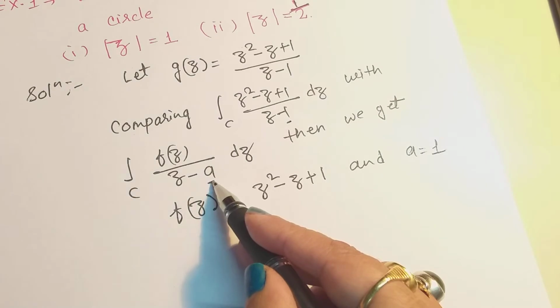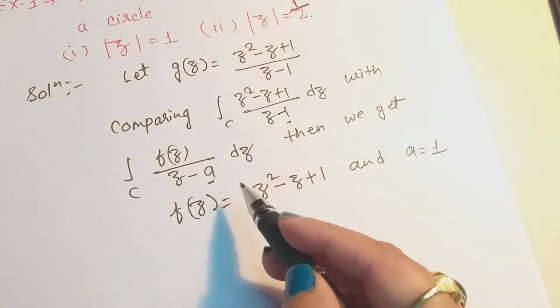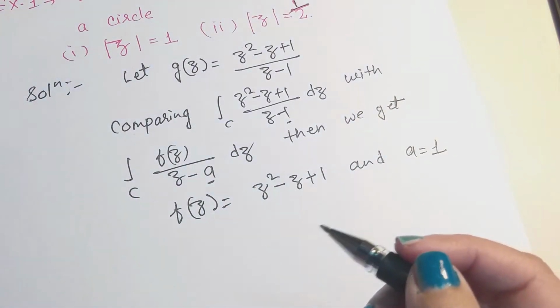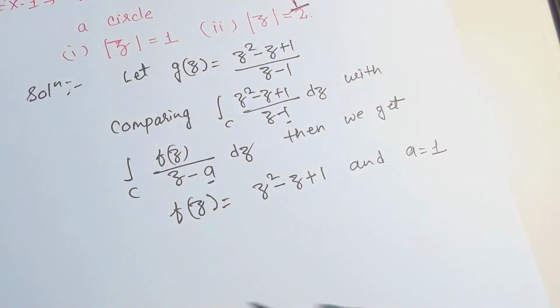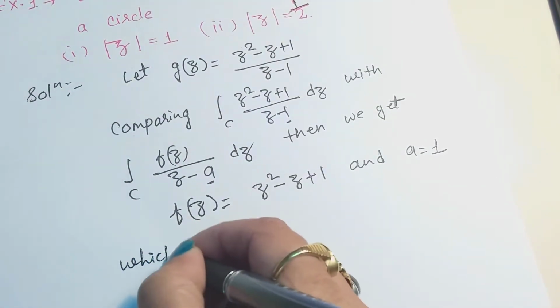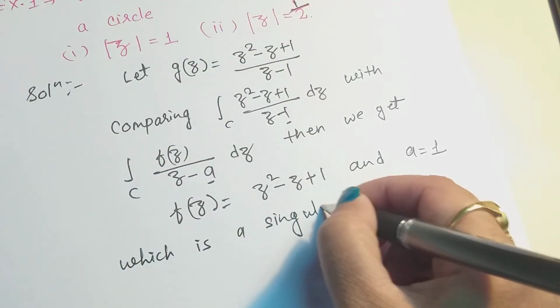And what is a here? A is actually a singular point, where the function is not analytic. We have explained it many times in our previous videos also. So a is equal to 1, which is a singular point